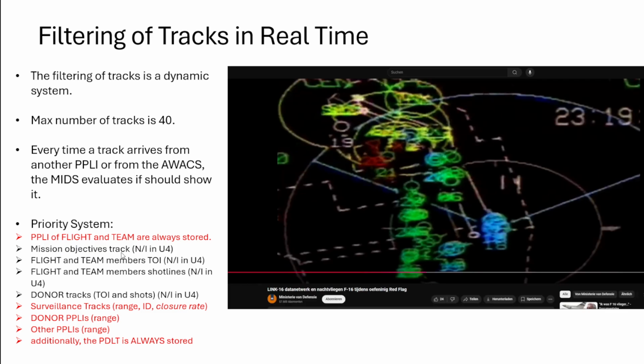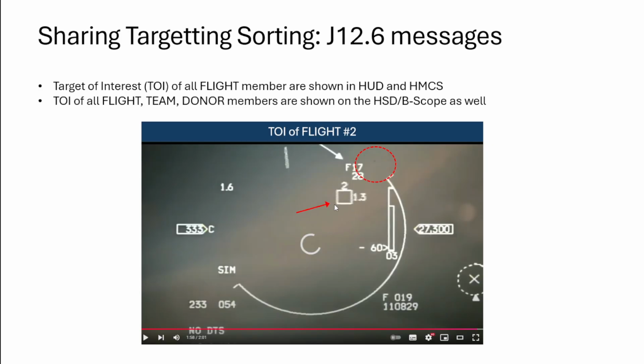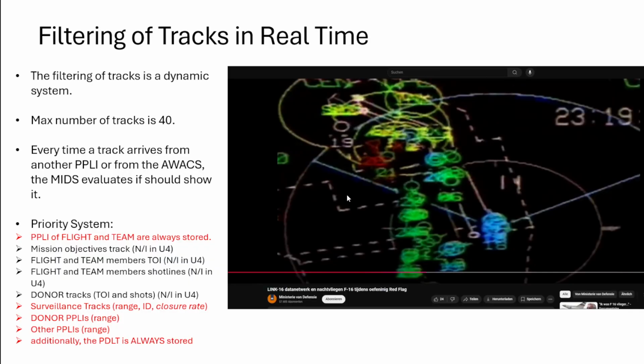The mission objectives track, that means what the AWACS sent to me, for example, an armored battalion, an intercept mission, okay, the track is sent by the AWACS. So this is always stored there. It's a mission objective. Flight and team members, toy. I mean, these guys here stand by. These guys here on the heads up and on the B scope, they're always stored as well. So if you can imagine here, I'm going to have 4 here for the F-16, maybe 1 more here, then maybe here more, so 8, 1, 8 for these guys. I already have here